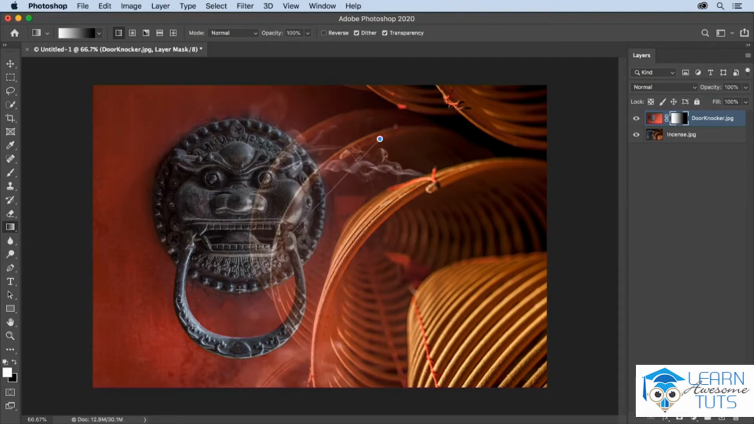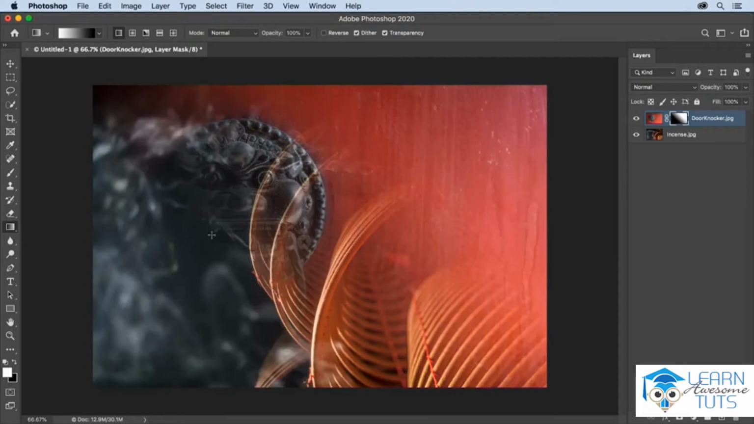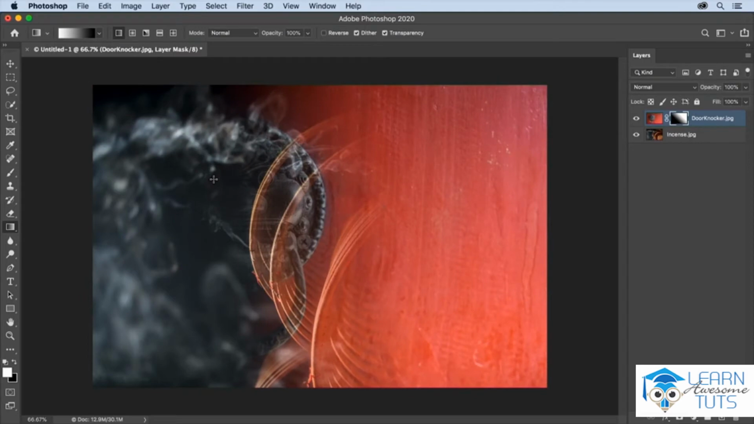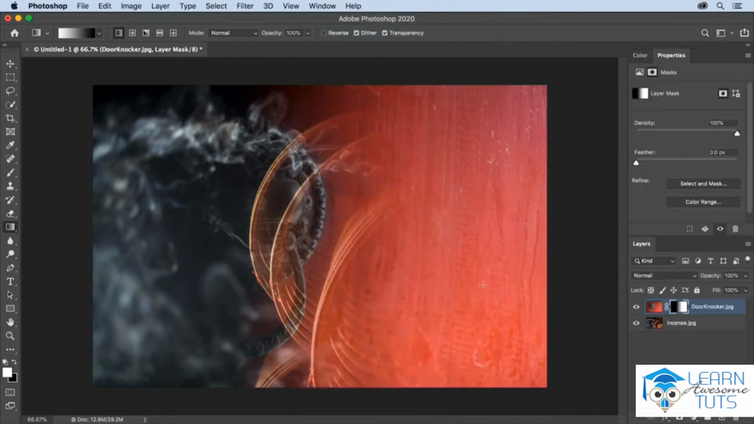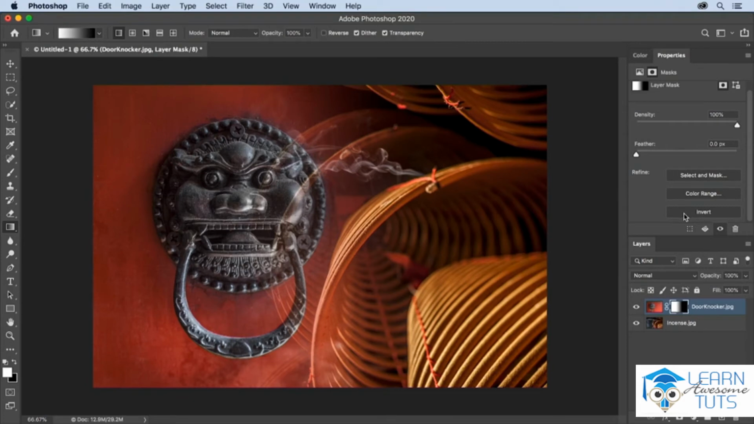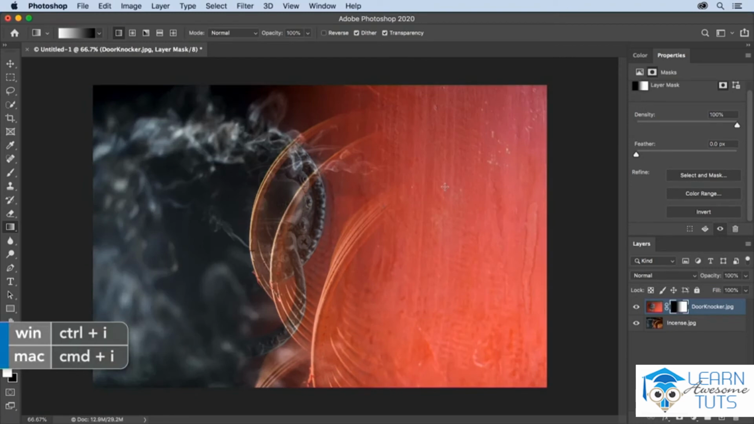And we can redraw the gradient as many times as we want in as many directions as we want until we get the exact blending that we need between the two images. If you drag out a gradient and it's the opposite from what you want, you can use the Properties panel by selecting Window and then Properties, and you can scroll down and quickly invert the mask. Or you could just use the keyboard shortcut Command-I on Mac or Control-I on Windows in order to invert the